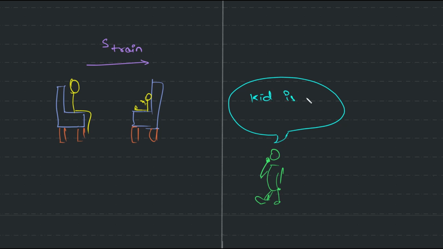The kid is moving at the rate of the train's speed. So that can be 60 kilometers per hour, and so on and so forth. It can be anything. Now, what can this person consider this kid to be? Is the kid running away with that speed? It's dangerous, right? Letting a small kid move away at say 60 kilometers per hour on his or her own. It's not practical.